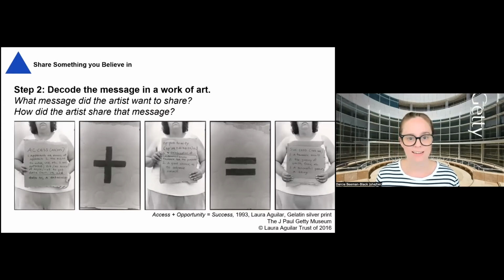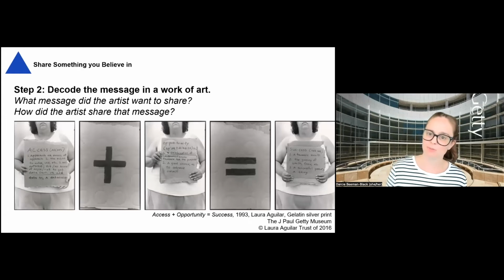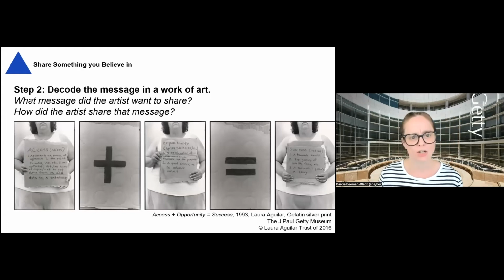And then once you discuss how art can communicate values and beliefs to others, you can move into decoding a message in a work of art. So this work of art here was created by Laura Aguilar. This was a part of Aguilar's Will Work For series. Aguilar was a photo-based artist who focused her work on the body as a metaphor for identity, sexuality, and gender. So she challenged concepts of beauty, specifically in Latina, lesbian, and Black communities, and through the lenses of disability and